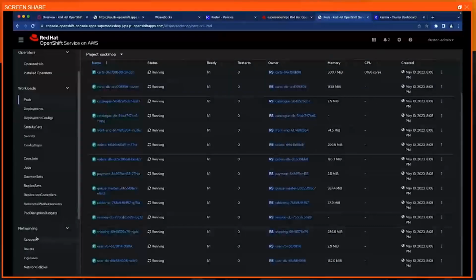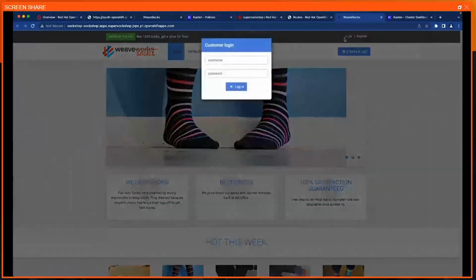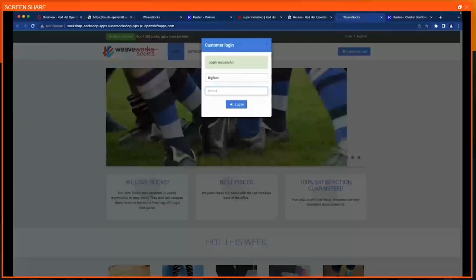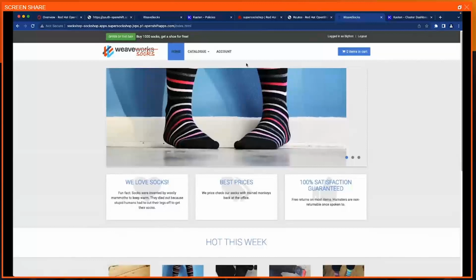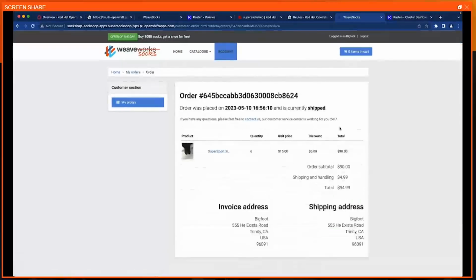And then we'll just go ahead and take a look. There's our nice sock shop URL. So we're going to click on that. Look at that. There's our sock shop. I'm going to log in. Let's see if all my orders are still there, right? That's my persistent data I want to reference. Have I ordered these pink, black, and gray socks? There they all are, right? So super simple. We migrated that over to our destination. And yeah, that is it.